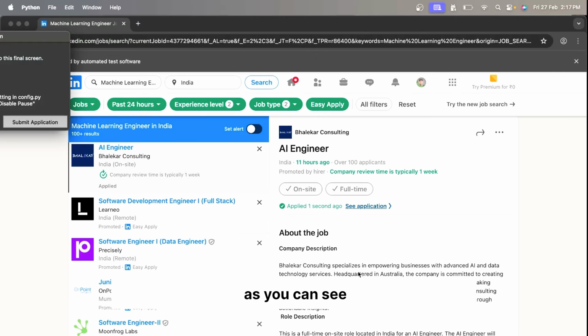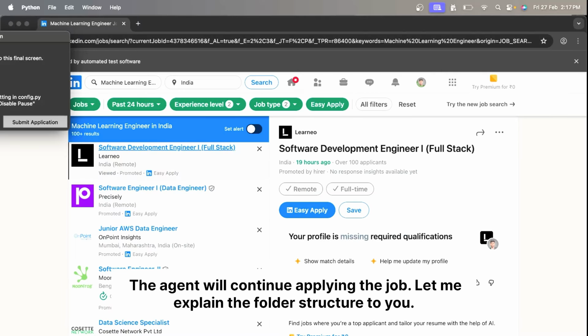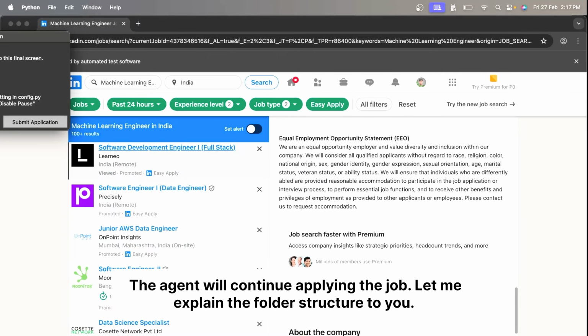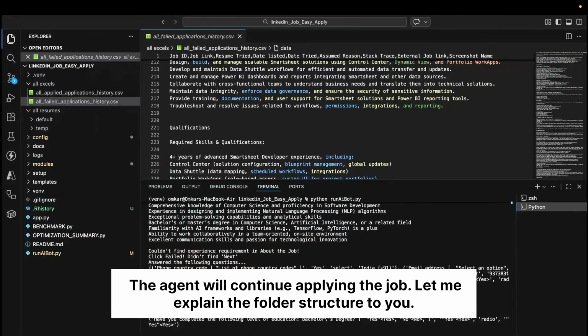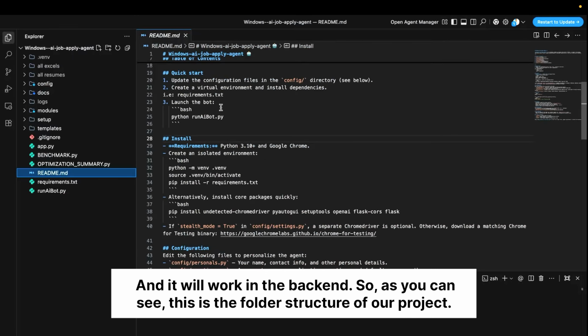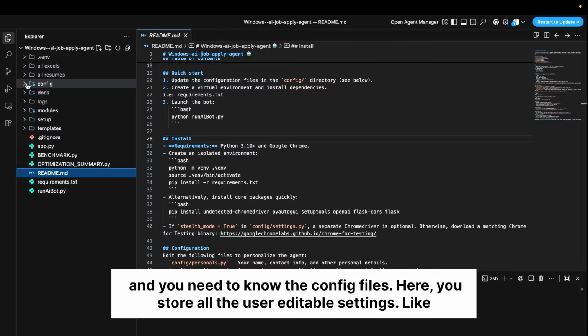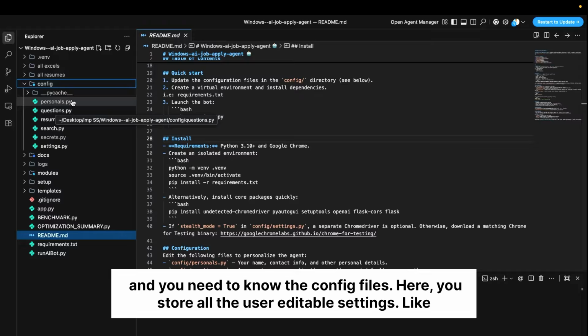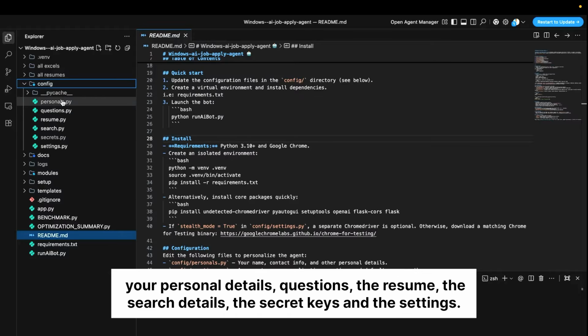As you can see, the agent will continue applying for the job. Let me explain the folder structure to you, and how it works in the backend. This is the folder structure of our project, and you need to know the config files. Here you store all the user editable settings, like your personal details, questions, the resume, the search details, the